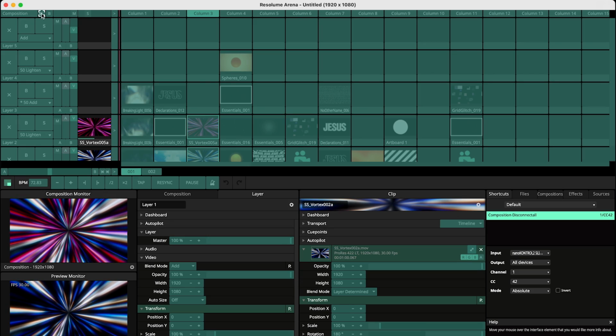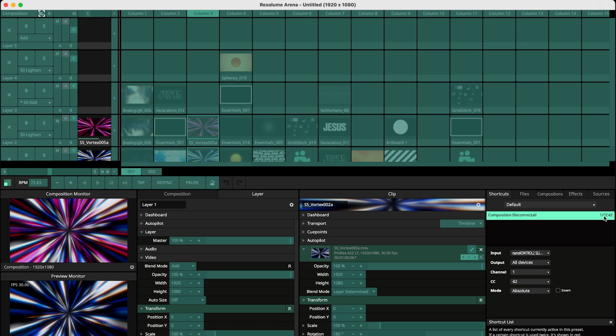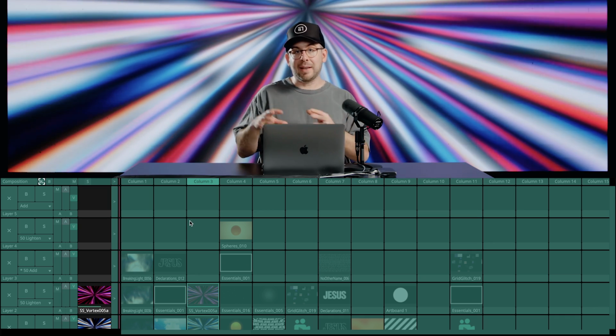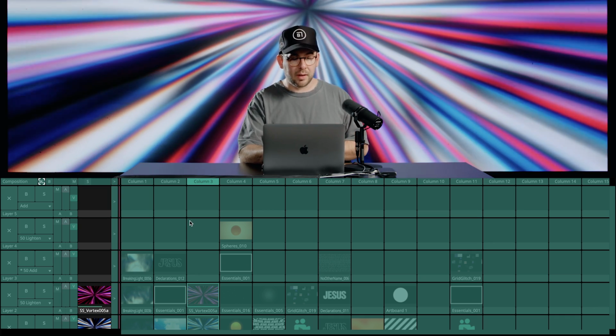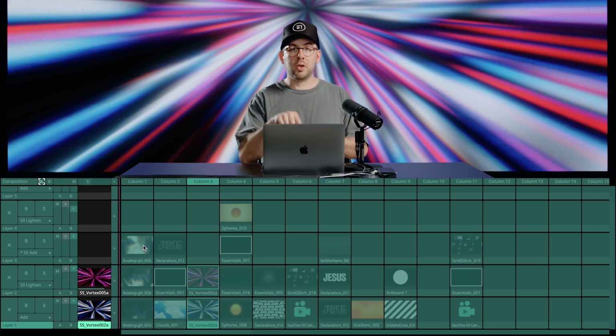And you can see that that has kind of changed here. You can see that composition disconnect all is now mapped to this MIDI parameter. And I'm going to keep going down the line and mapping this to different points on this controller. So the next thing that I really want to be able to do is use these faders to control our